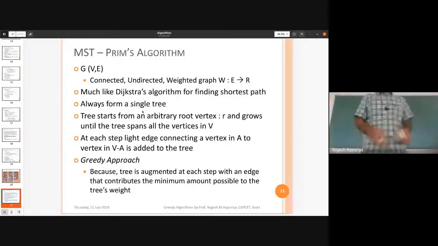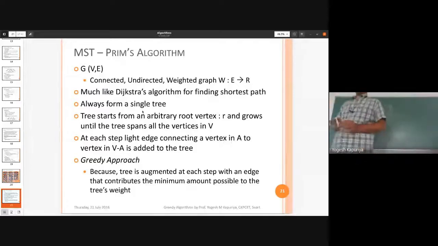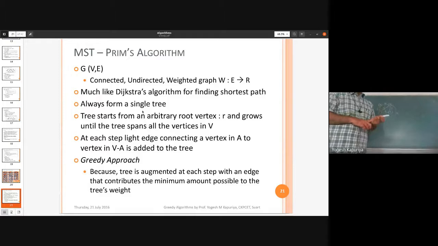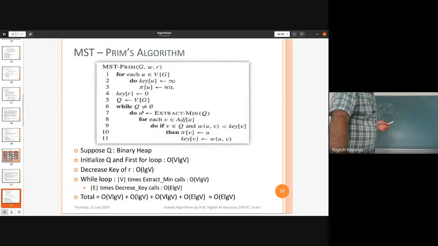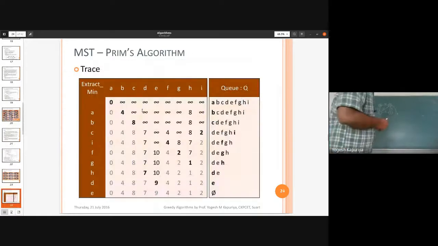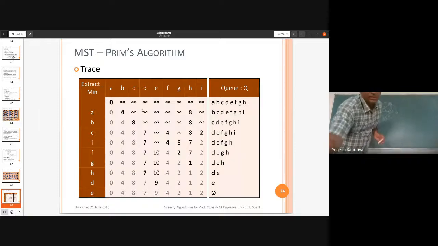Now, the approach used in Prim's algorithm is drastically different from what is used in Kruskal's approach. They use different data structures. Here in Kruskal's we have used a set, we have sorted something. In Prim's, instead of sorting and a set data structure, it uses a priority queue. Okay, so let's see how we maintain the queue basically.